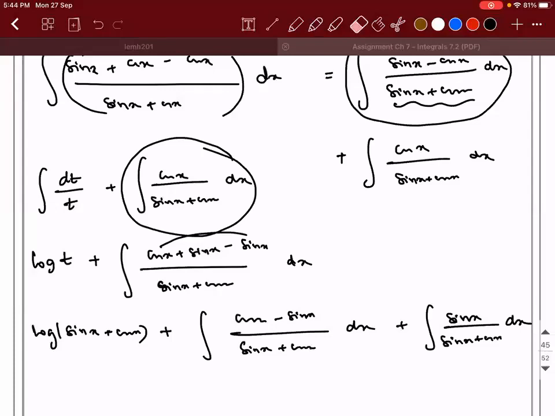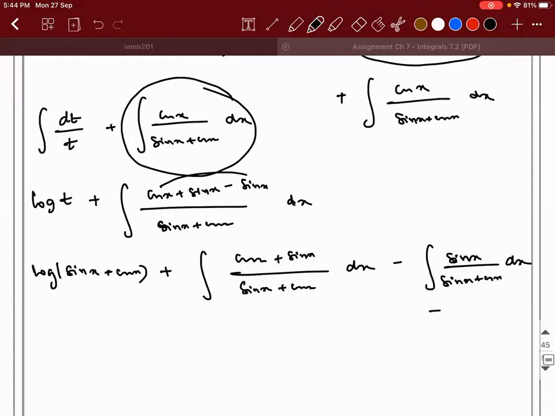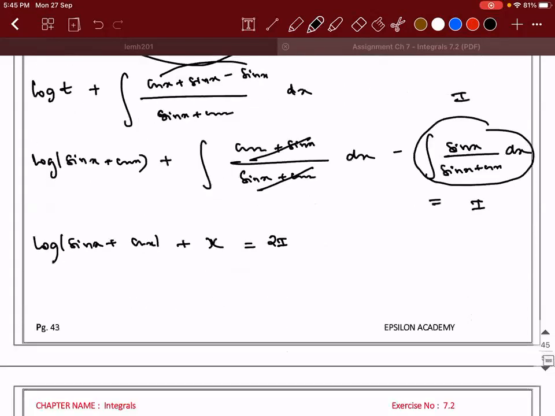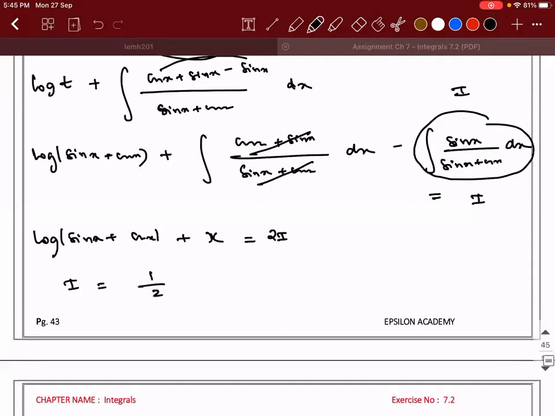Sorry. So what I can do is cos x plus sin x. Here I will write minus sin x. But what is this whole thing equal to? Is it not equal to I? Here, this and this will get cancelled. So what will you get? Log of mod of sin x plus cos x plus x. Then what is this, guys? Is this I also, sir? Yes, so this will be equal to 2I. So what will be the value of the answer? Half into log of mod of sin x plus cos x plus x plus c.